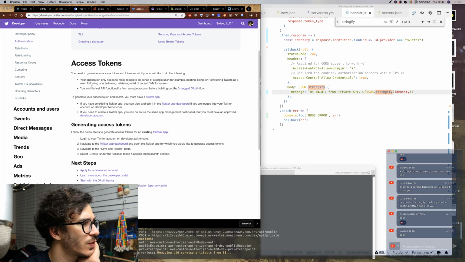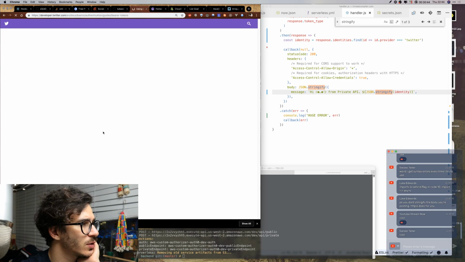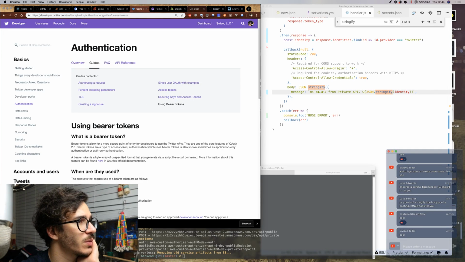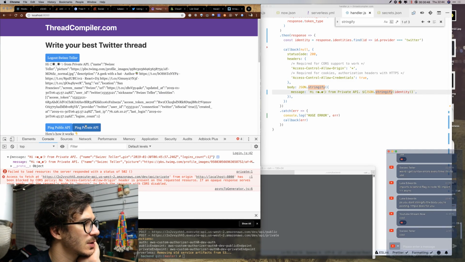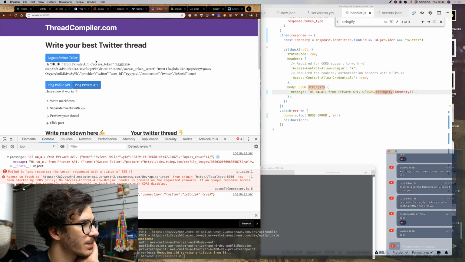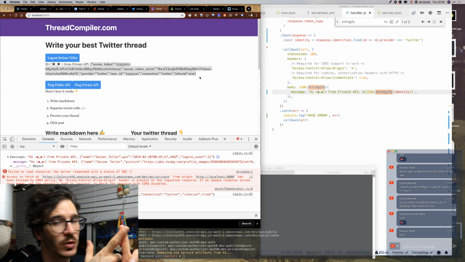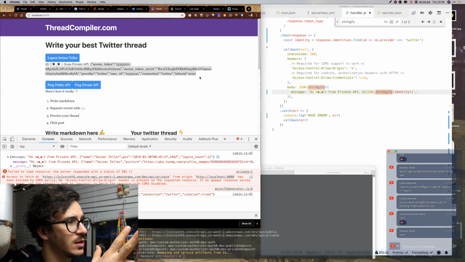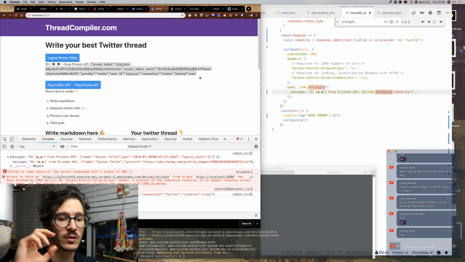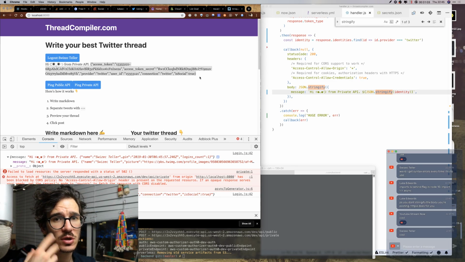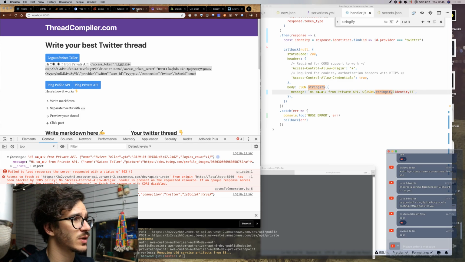If you'd like to do the following, generating access tokens. How do I use bearer tokens? That seems way better. So now when I click ping private API, see we have, this is my Twitter access token, my user ID, token secret, and the access token itself. Now I need to figure out how to use those so that I can talk to the Twitter API as an authenticated server thingy.